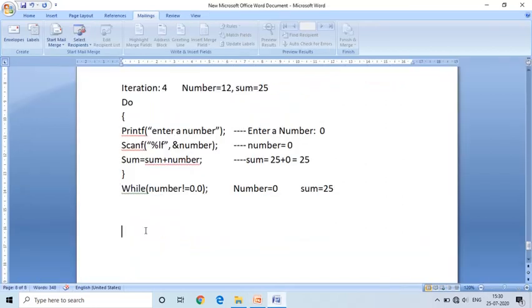It executes this instruction and prints the output. Sum is equal to 25. As per the format specifier, after the decimal point it displays 2 digits. This is the answer.